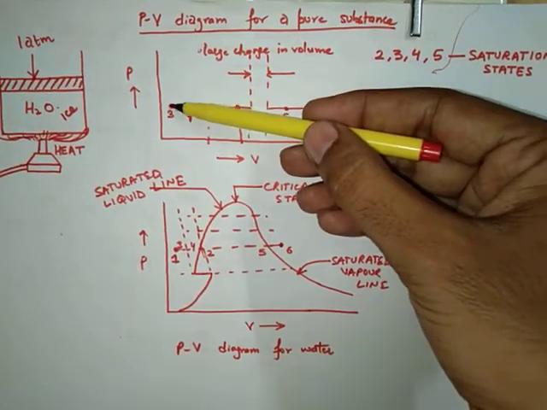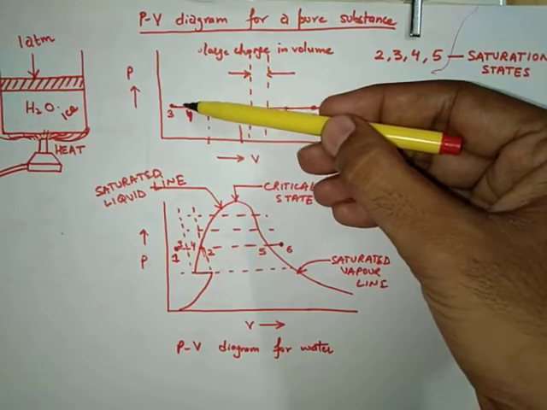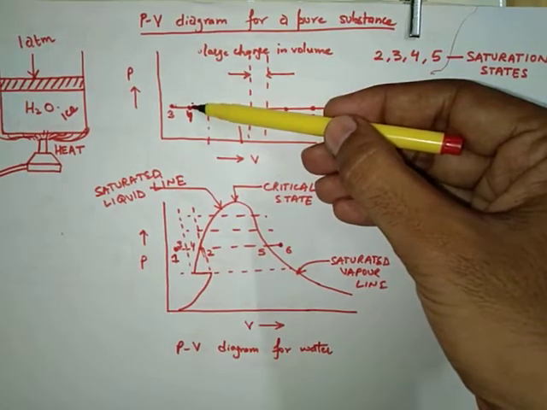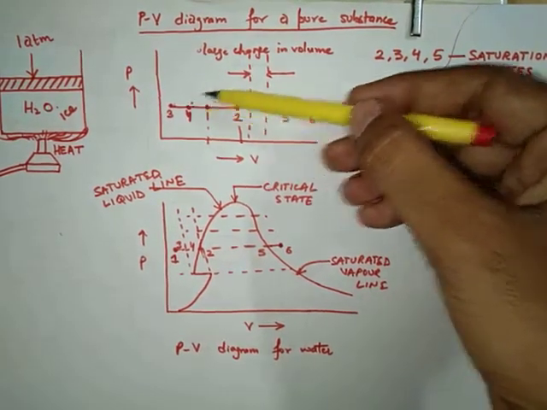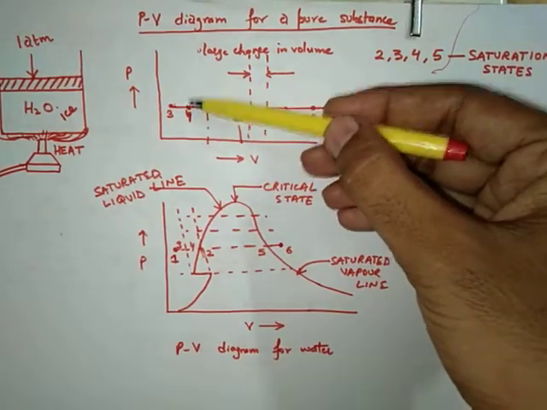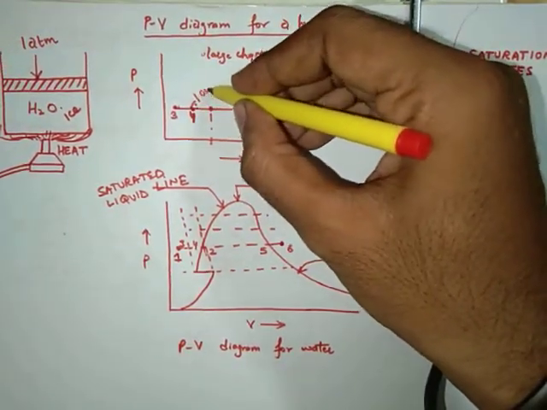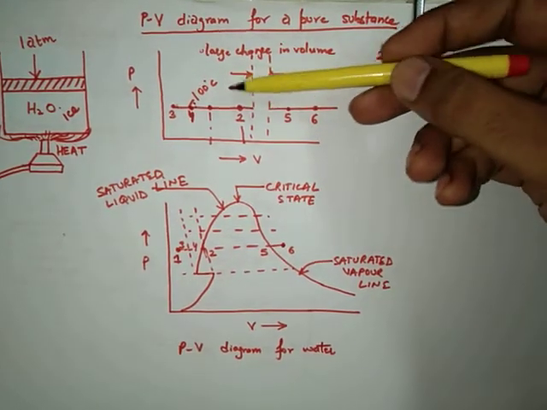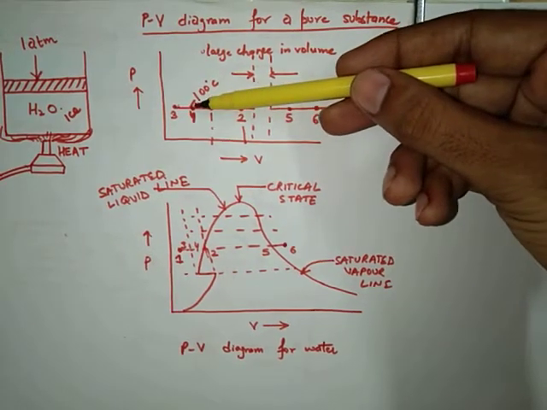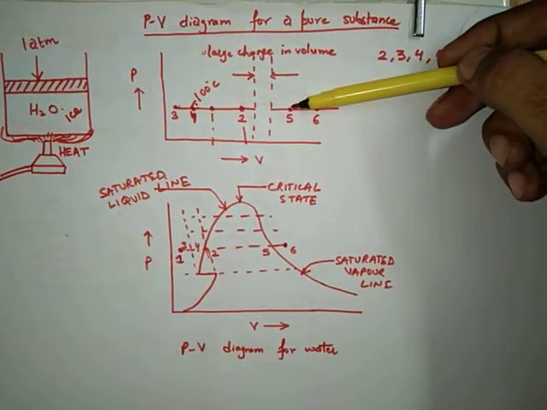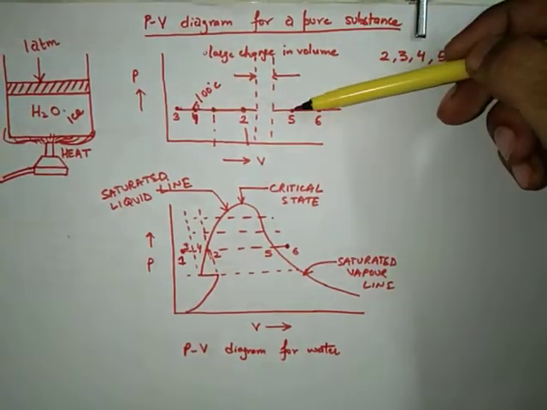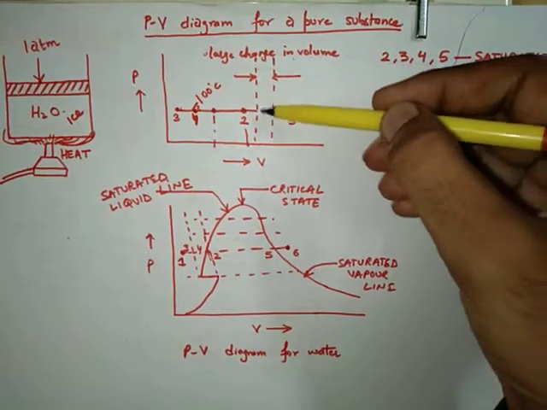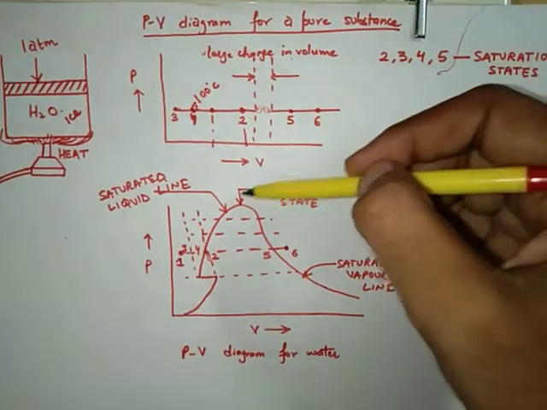When it is heated further from 3 to 4, the temperature of water increases from 0 to 100 degrees Celsius. Similarly, from 4 to 5, water has reached a temperature of 100 degrees Celsius at point 4, and when it is heated further, we all know that it will be converted into vapors. So there will be a vast increase in volume. See, from point 4 to point 5, there is a large change in volume. These dotted lines represent that the gap is very vast.